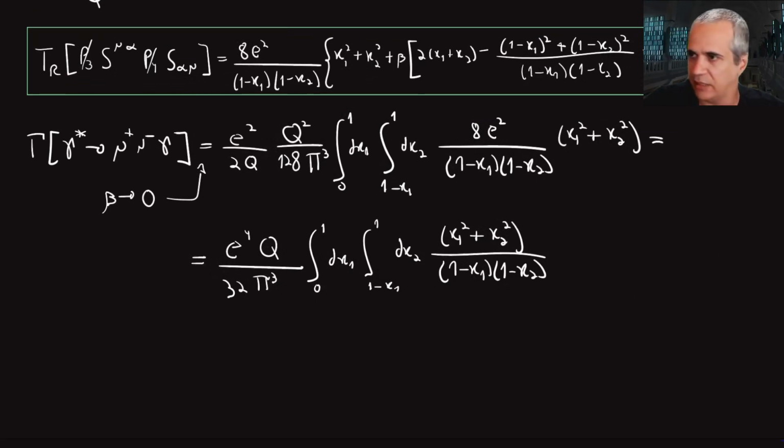Take the case where x2 is going near 1, for instance, right? In that case, what's happening here is that (P4 plus P gamma) square, right, which is Q square times (1 minus x2), right? When x2 is going to 1,